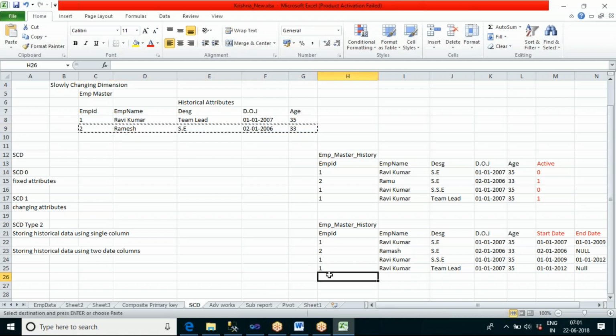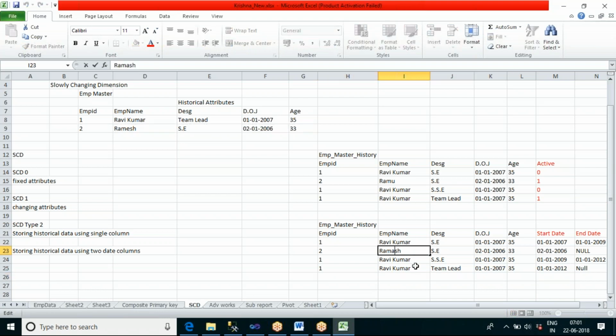Do I need to maintain a separate record in the historical table? No, I can just update the existing column data in the historical table also, instead of inserting a new record for the name change. There is no need to maintain history for this change.